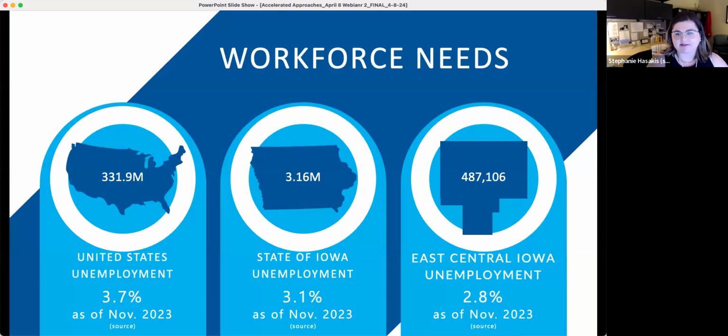So just to contextualize a little bit, what the outlook looks like in Iowa right now, we have very, very low unemployment rates. Unemployment rates across the country obviously are very low, and in Iowa, especially in our region, they're even lower. So we're looking at 2.8% unemployment in our 7-county service area in our workforce region. In the county in which the program that I'm about to talk about was piloted, the unemployment rate is at 2.3%. So we're talking about a lot of jobs out there and not a lot of people to fill them, because a lot of folks are already working. Next slide, please.